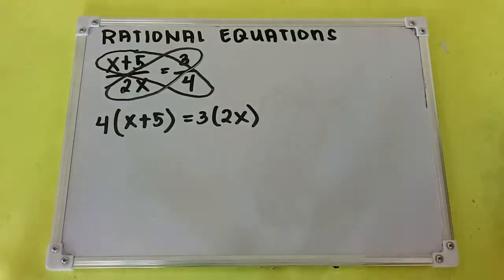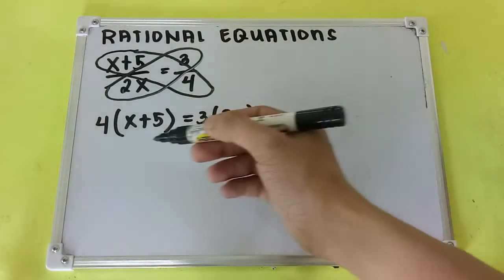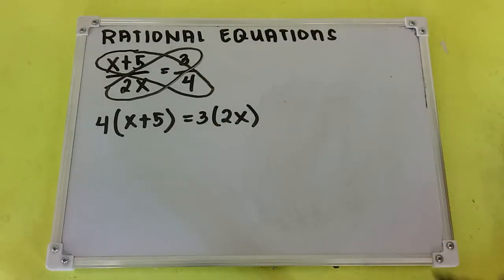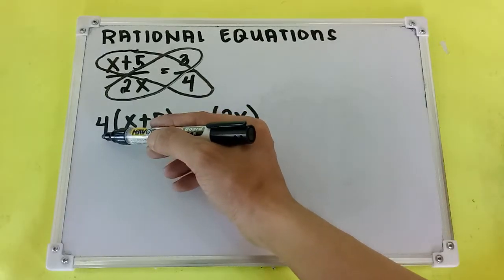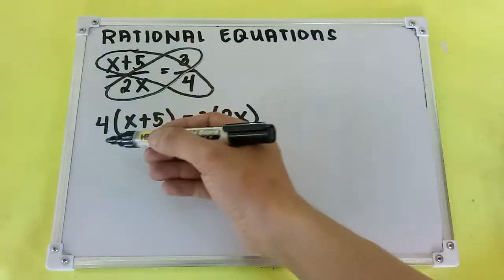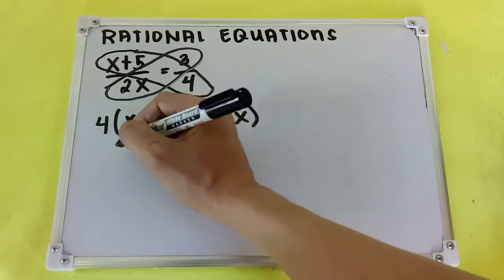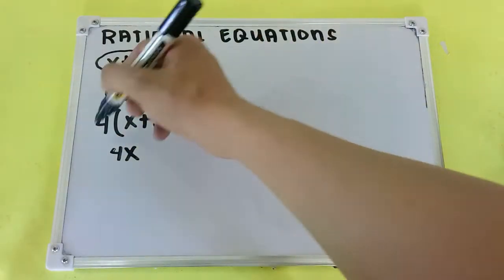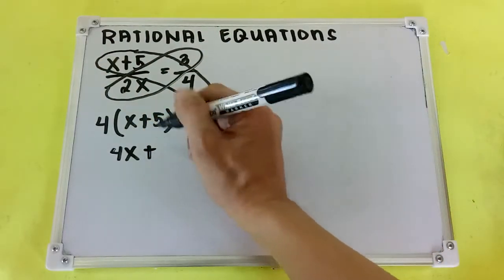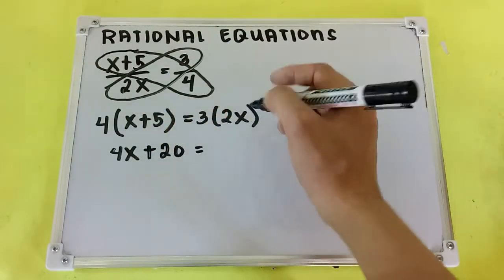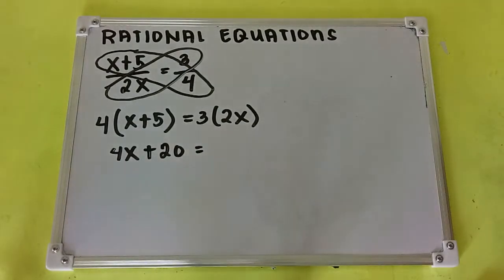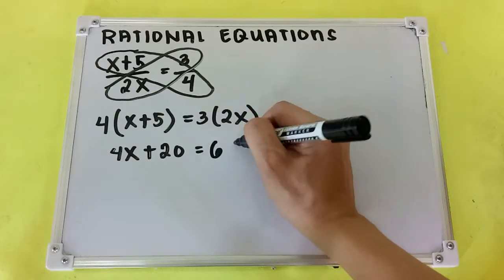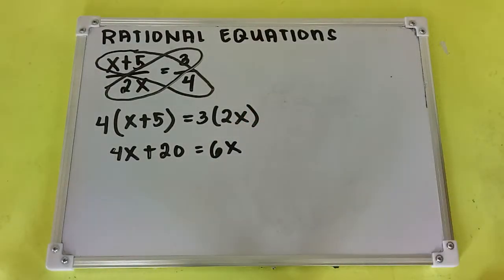Now, we will use distribution method. Kasi dito sa left-hand side, meron tayong 2 terms na nasa loob ng parenthesis. So, i-distribute natin yung nasa labas, which is 4. So, 4 multiplied by x is 4x. And then 4 multiplied by 5 is positive 20. And then sa kabilang side, sa right hand side, we will just multiply 3 by 2x and that is 6x. Next,